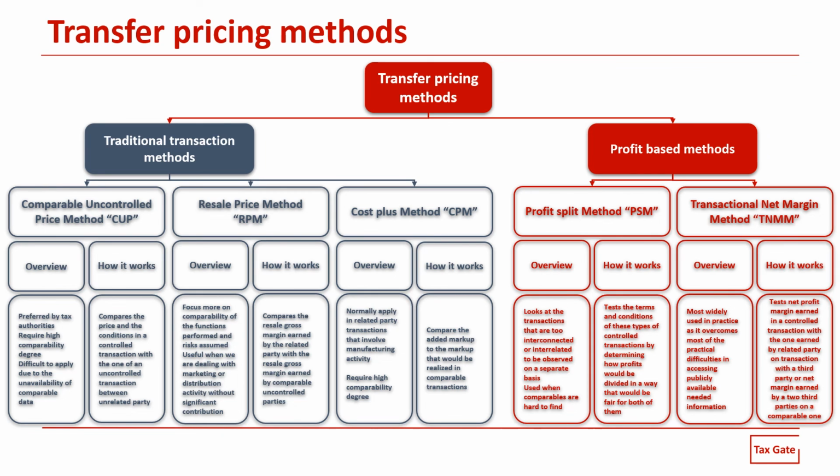So, here the transactional net margin method uses the net profit margin as an indicator. And that's what we call the profit level indicator. So the profit level indicator of the taxpayer from the controlled transaction would be compared to the net profit indicator that the same taxpayer earns in comparable uncontrolled transactions, and when this is not possible, then the net margin that would have been earned in comparable transactions by an